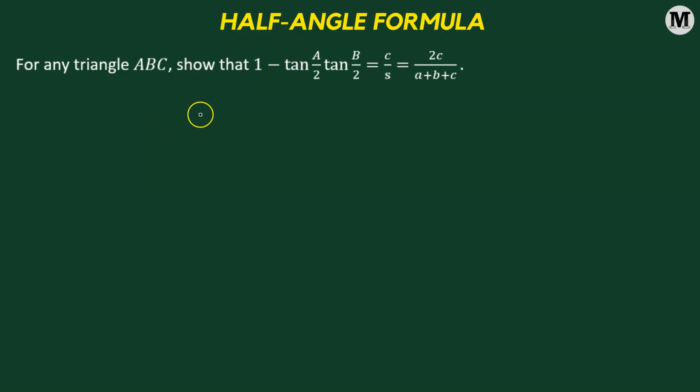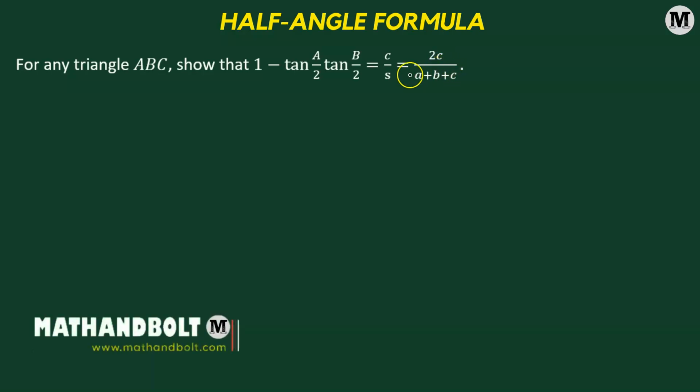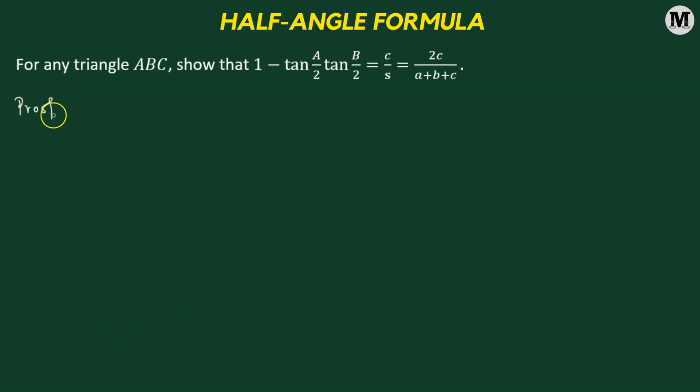For any triangle ABC, show that 1 minus tan(A/2) times tan(B/2) equals c over s, and that's also equal to 2c divided by a plus b plus c. Okay, let us begin. Before starting with the proof, we'll try to understand the terms that